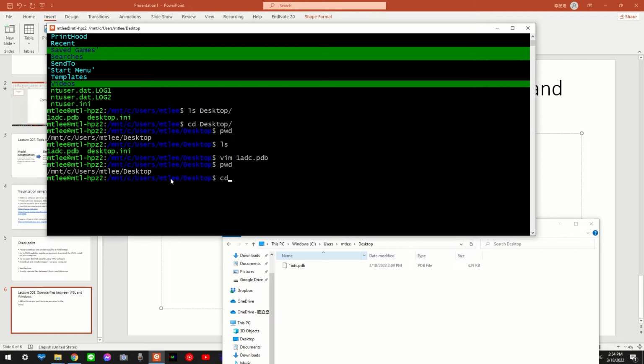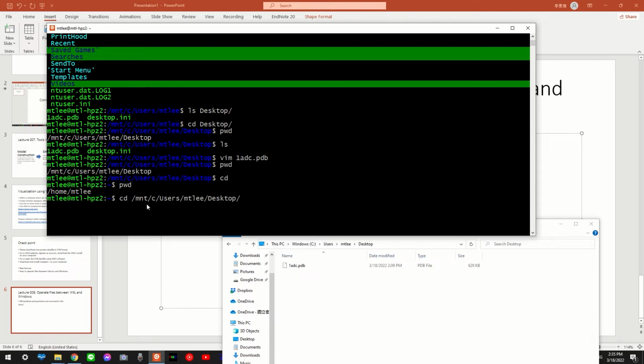Let's try that again. I'm here. I want to go to my desktop. I just need to cd slash, remember slash, mnt for mount, C for partition C, then Users, your username, and Desktop.